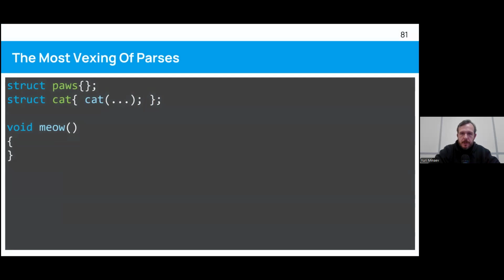Look at that. So let's say we have two structures. One is just an empty thing, and the second one is also empty, but it has a variadic constructor. So it can take an arbitrary number of expressions as arguments.